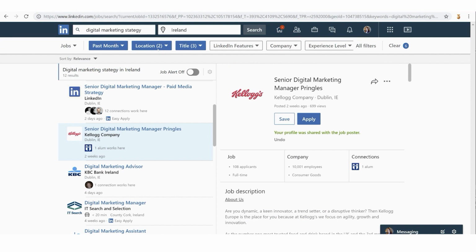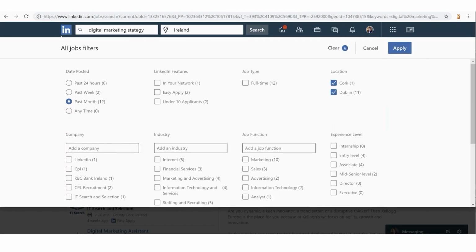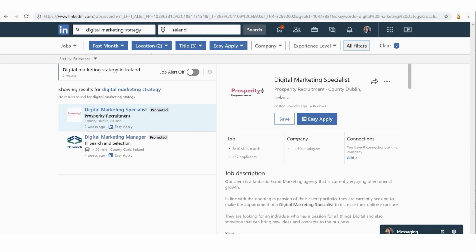So there we have it. So if you really like this easy apply option, I'm just going to show you. We're going to go back into all filters and see where it says easy apply. I'm going to click that. And it's going to refine all those jobs, and it's just going to show me the 2 jobs that are easy apply. So I wouldn't go around looking specifically for only easy apply jobs. If the job is worth it, and if the company does have their own job application portal like Kellogg's did for this job, then you are going to have to go through those steps.